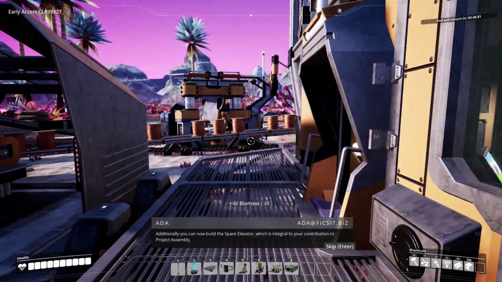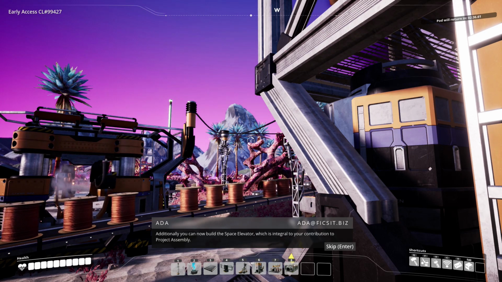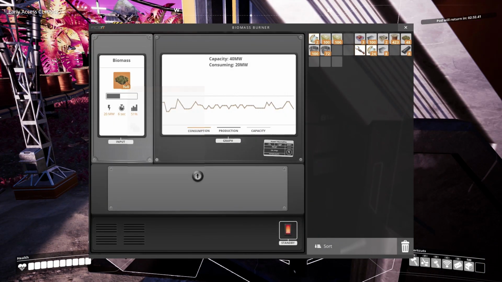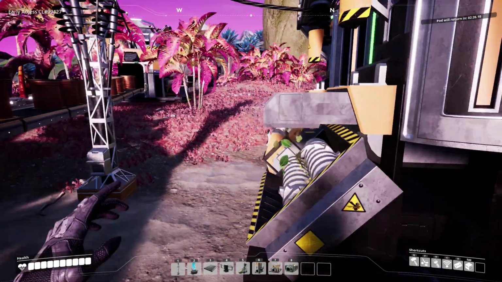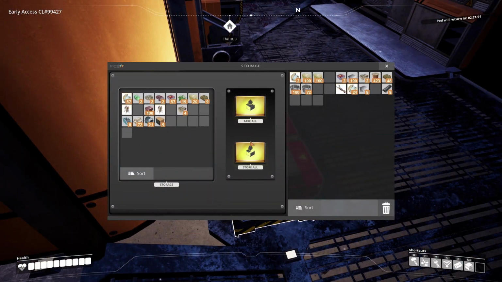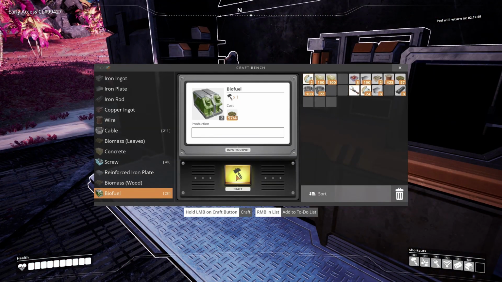Alright, so the next step, goodness, that is loud. The next step that we need to work on is going to be biofuel. Let's get a bunch of that made up. I don't want to take any out yet because that's going to be dangerous, so this is all the biomass I have. We'll make that into biofuel, and then we'll trade out and make all the other stuff into...